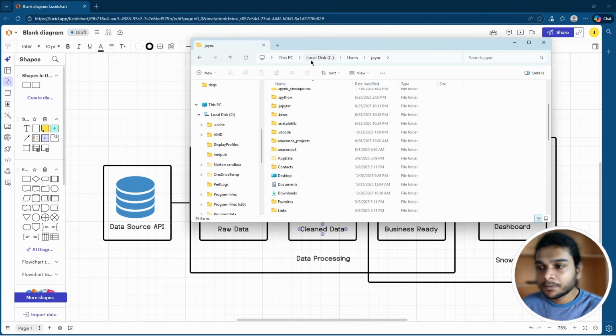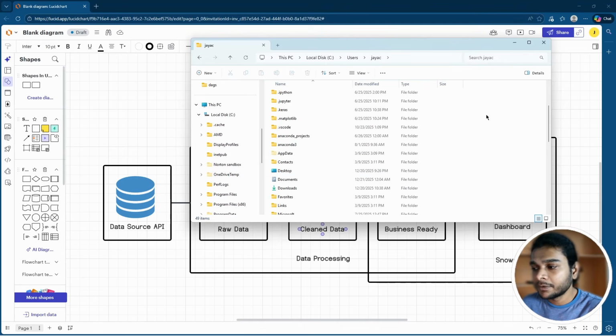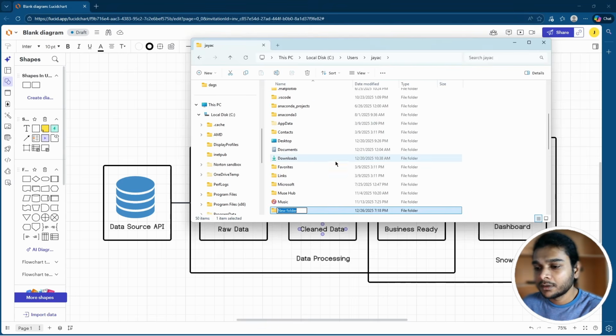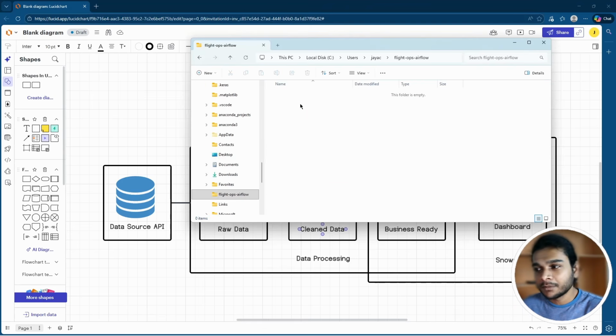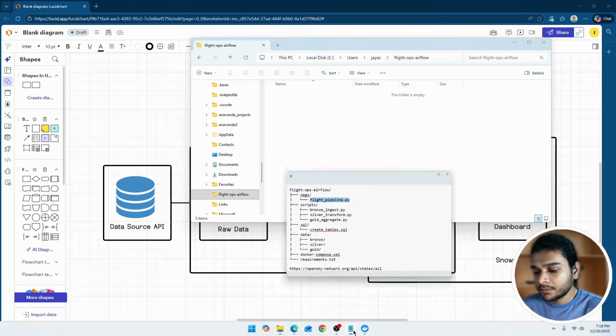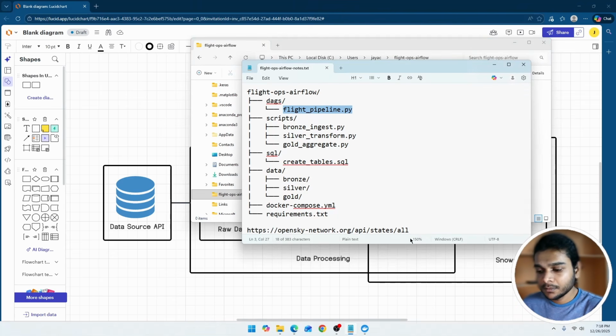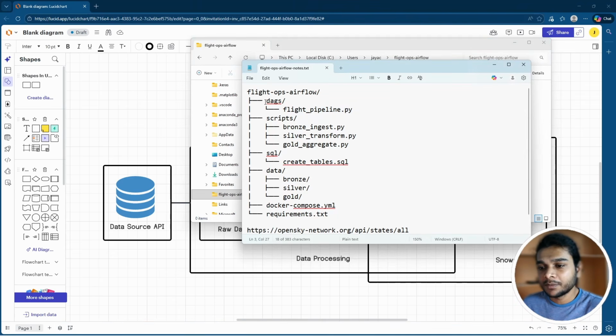Okay, so you go to your local disk, users, and your username, and here we're going to create the root folder, name it Flight OPS Airflow. I just used OPS, which stands for operations, a short form for that. And then here,